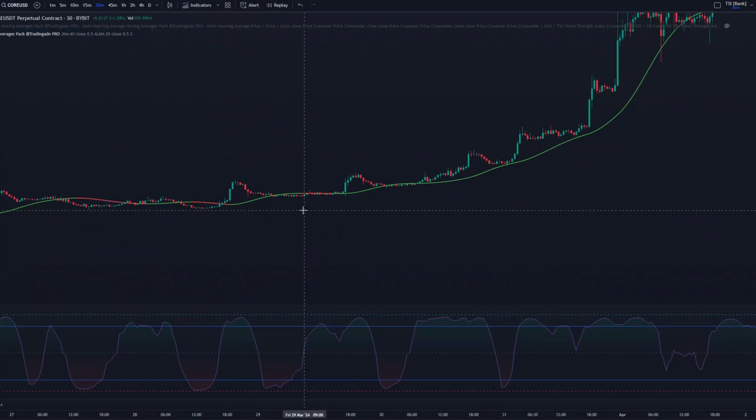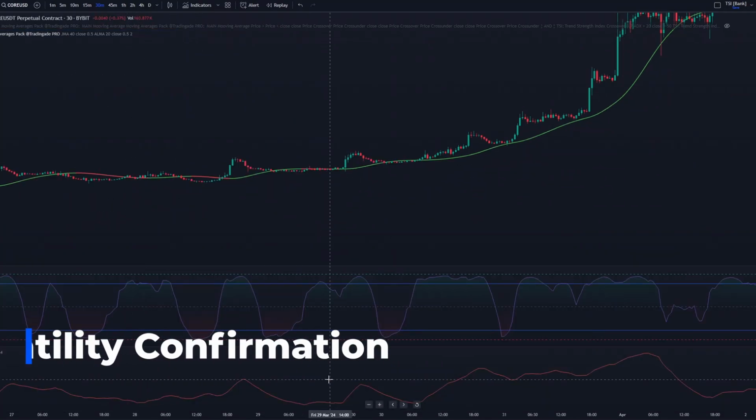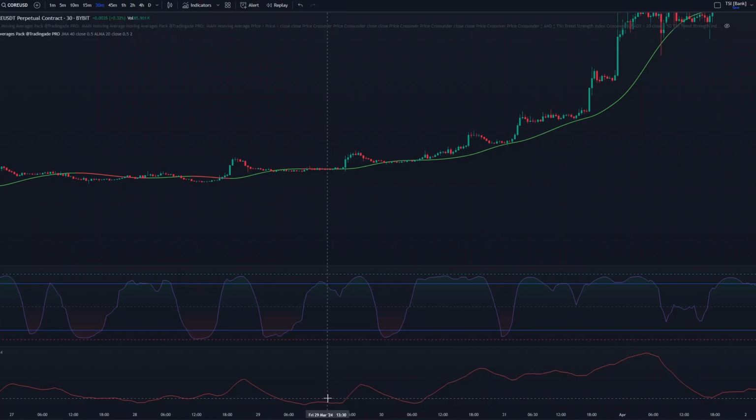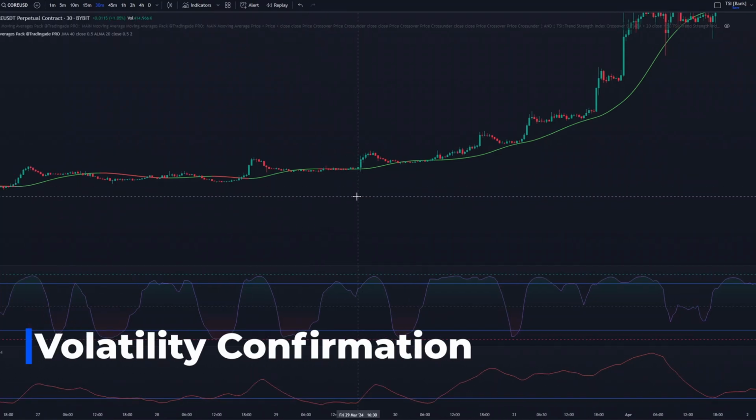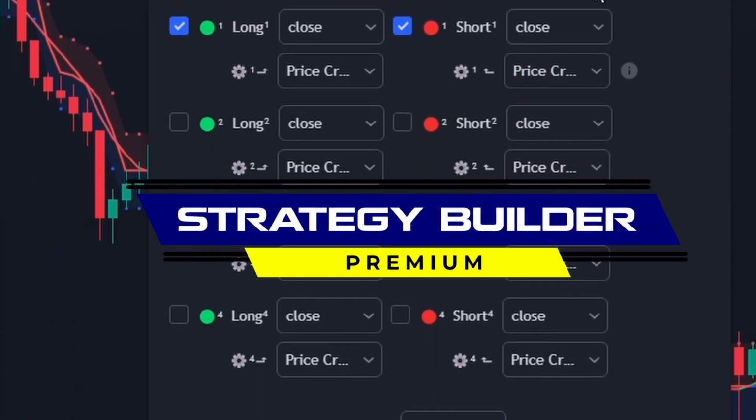Then, after this trend confirmation, we're gonna add a volatility confirmation based on the ADX, the Average Directional Index, and we're gonna open both long and short positions whenever the ADX is above the 20 level. And that's all. Now it's time to generate buy and sell signals using our strategy builder, a powerful tool that